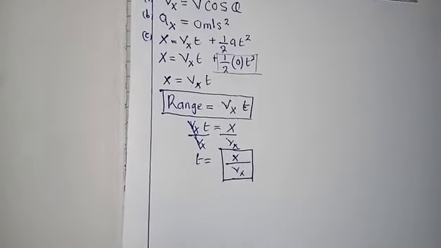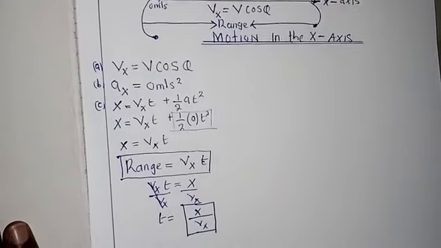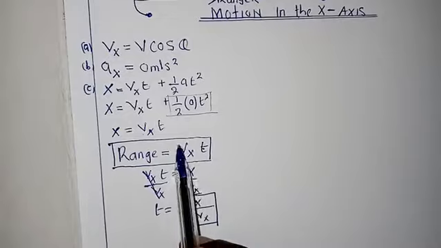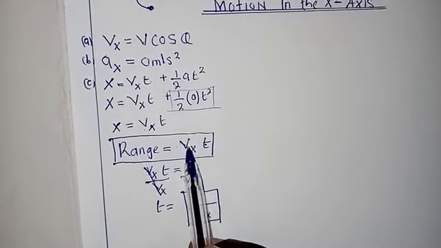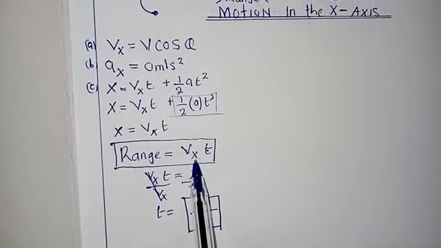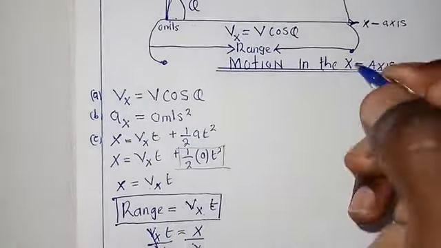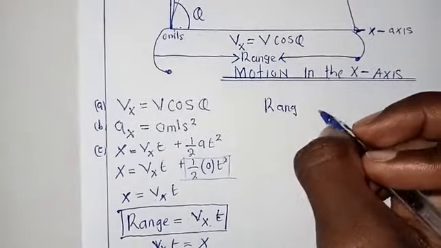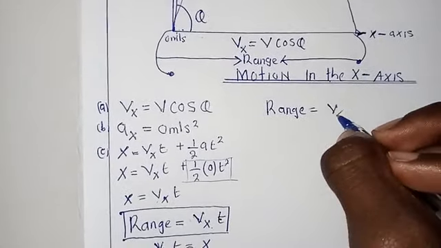But then, how about if, for example, you have not been given this component, okay? You have not been given the Vx component in the question. What do you do? How do you find the range? So we know that range is given by Vx